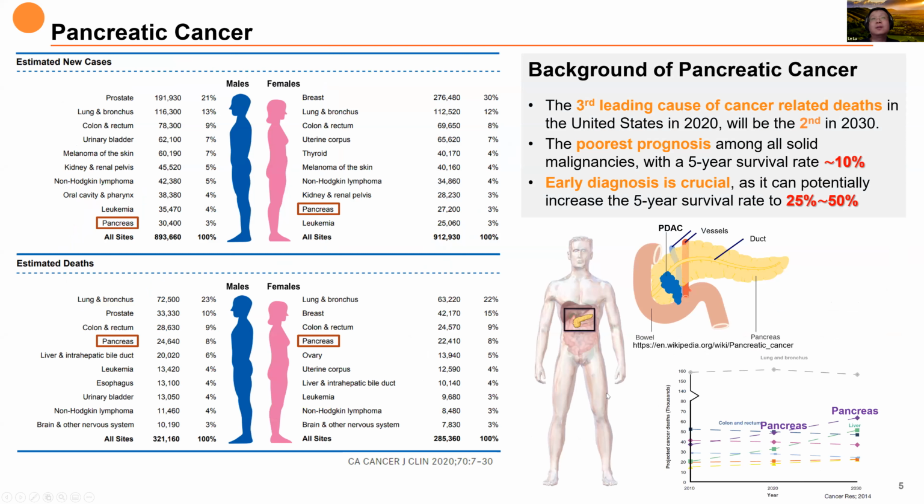So I cannot talk about all the cancers. We work on a few, right? But here, just to give you an example, I'm using pancreas. So pancreas in the US, the death rate is about the third, right? The number one is lung, the number two is colon. So the number three is pancreas.